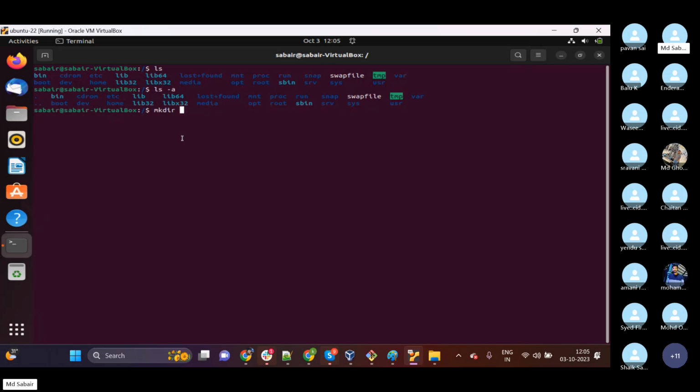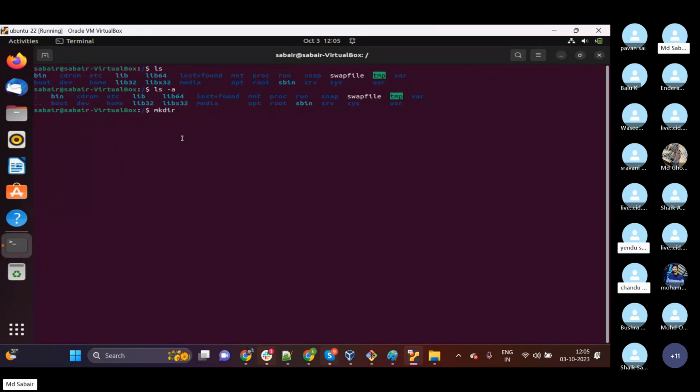What do you mean by directory? In Windows we call it a folder, but in Linux we call them directories. What is a folder? A place where we can store files.